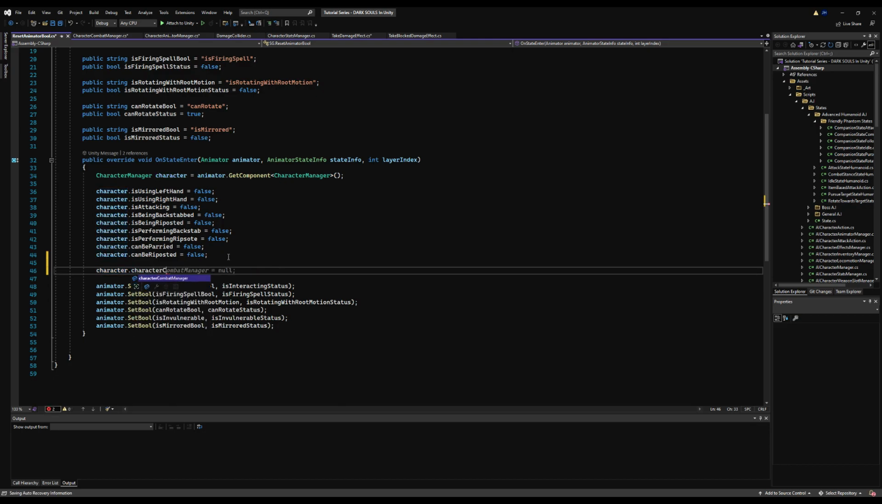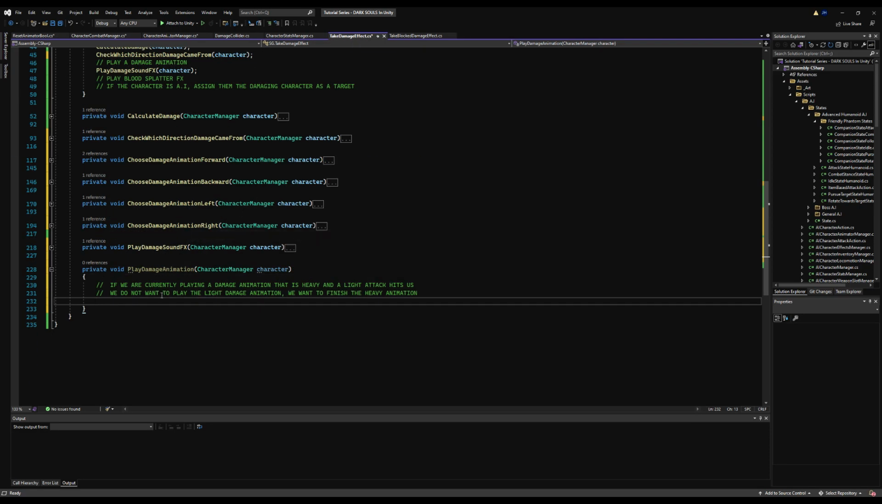Because we know when we get back into this empty state, that means whatever damage animation has been played is now finished playing. So let's make a comment here. We can say after the damage animation ends, reset our previous poise damage to 0. All right, cool. So now that we have a way to calculate our poise damage, we're going to say if